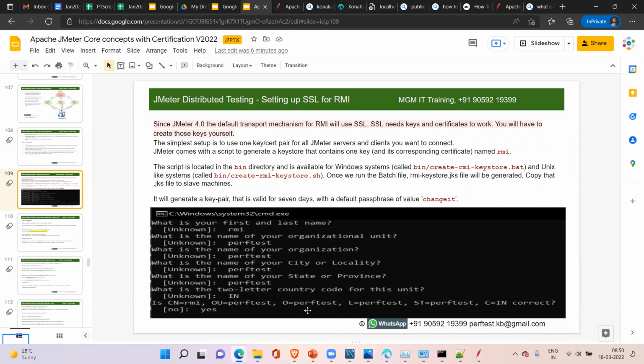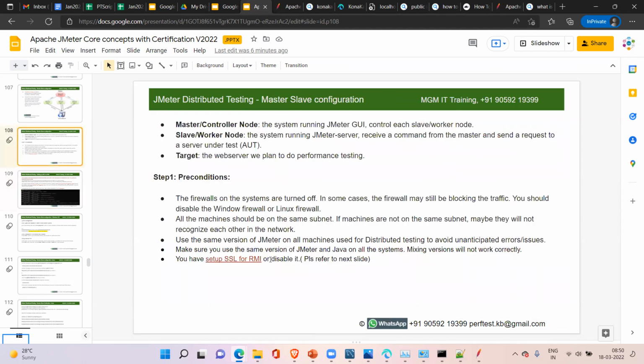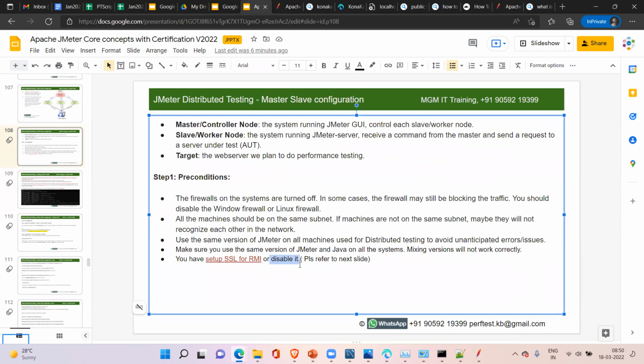What makes the difference is that disabling the SSL is something like not setting a password for your laptop or desktop, so anyone can use it. But setting up SSL is like setting a password for your laptop and sharing it with your family members. Suppose you have a laptop at home and you want all your family members to use it. Either you have to give the password to everyone, or you should not set the password. So these are the two approaches. Either you set up a password and share it with others, or else you have to disable the password, isn't it? Okay.